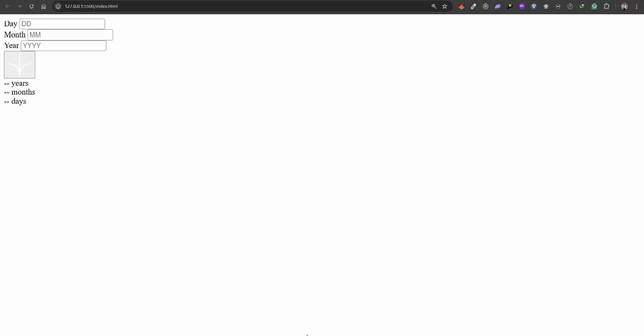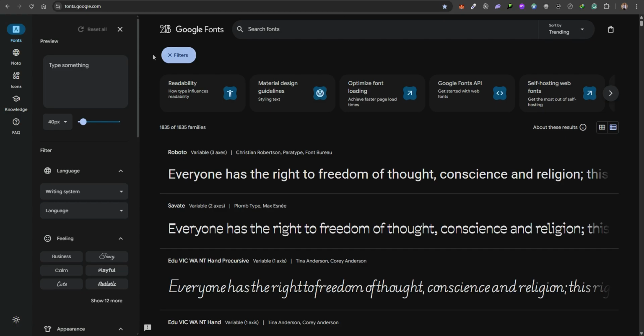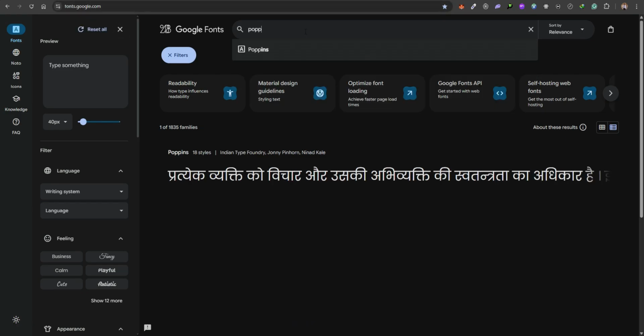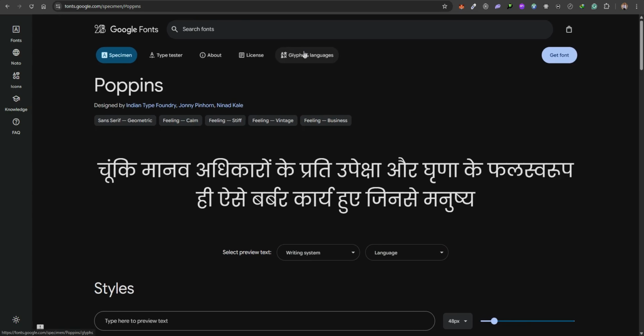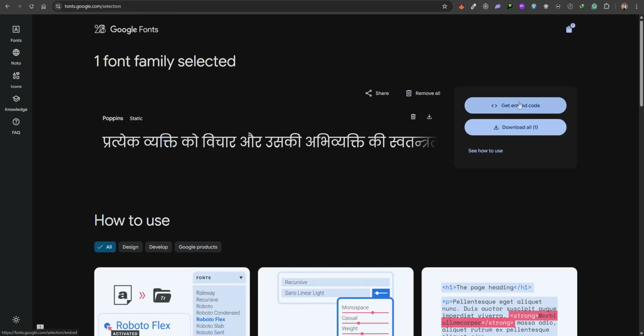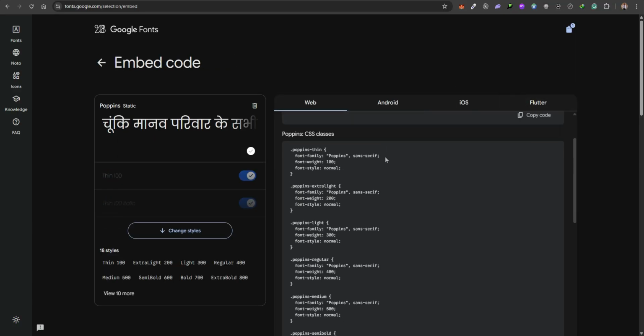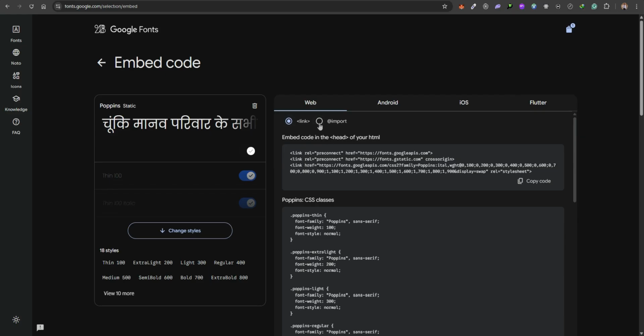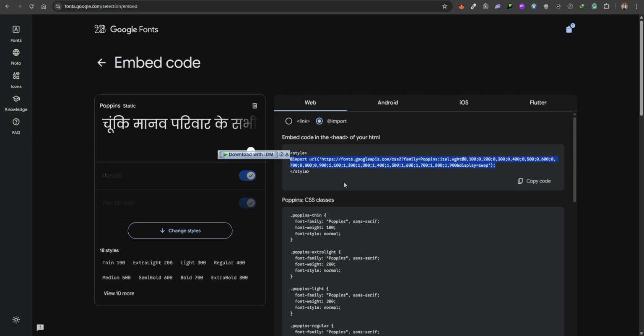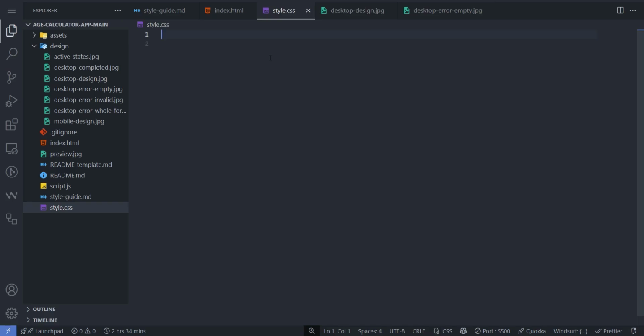And we can get the fonts by going to fonts.google.com, and you can search for Poppins, and you can just click on get fonts and click on get embedded code. When you click on get embedded code, instead of link, you click on import. So with this, you can copy the import statement here and go and paste it at the top of your